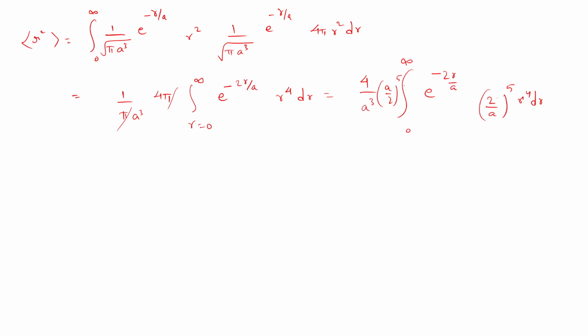Okay, so what we have is 4 and 2 to the power 5 a to the power 2, and the integral from 0 to infinity of e to the power minus 2r by a, and 2r by a to the power 4, and d of 2r by a. So it is a square over 8